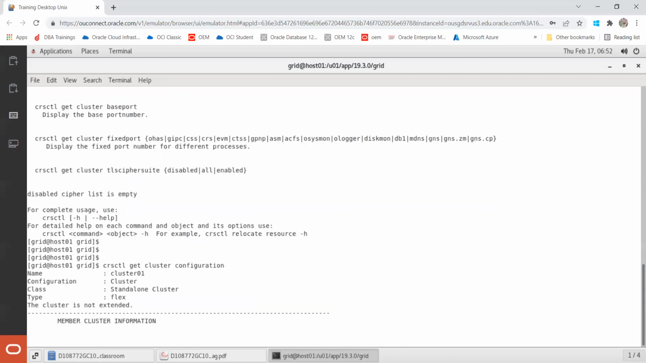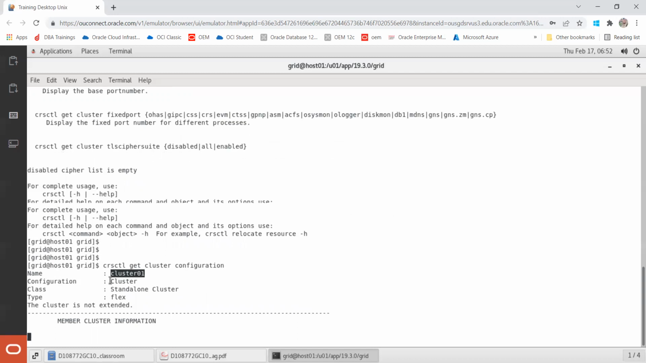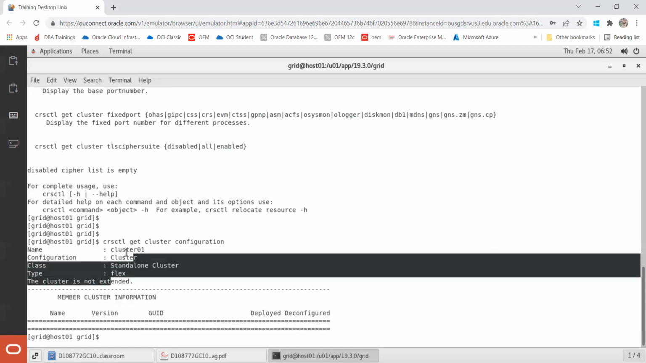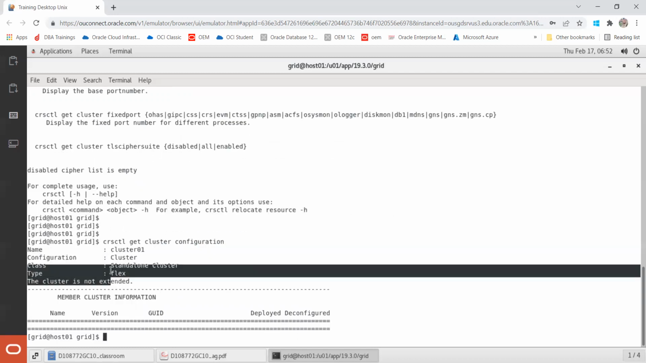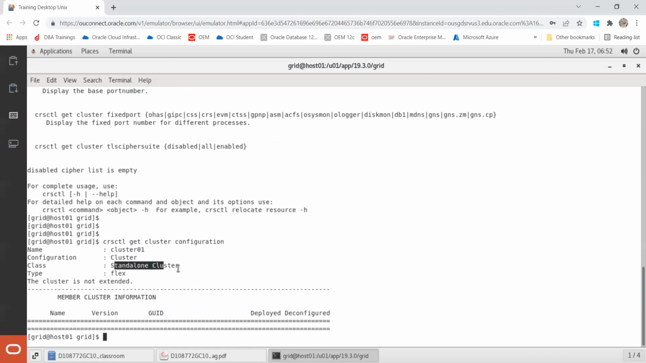I'm checking my cluster status. You can see this is the name of my cluster, which we gave during the installation, Cluster 1. The configuration shows the cluster type, and it's a standard cluster. The class and the type is flex cluster. Got it? That's the way you can see